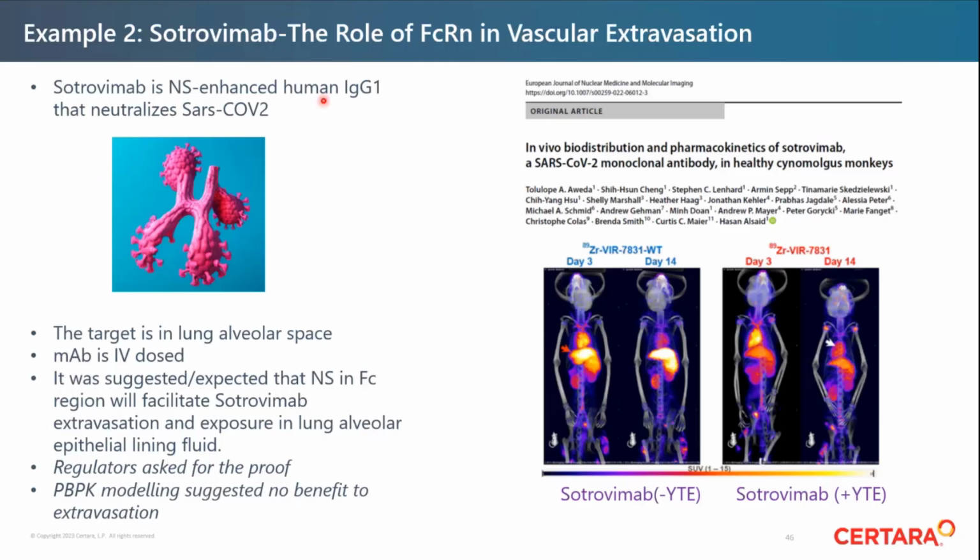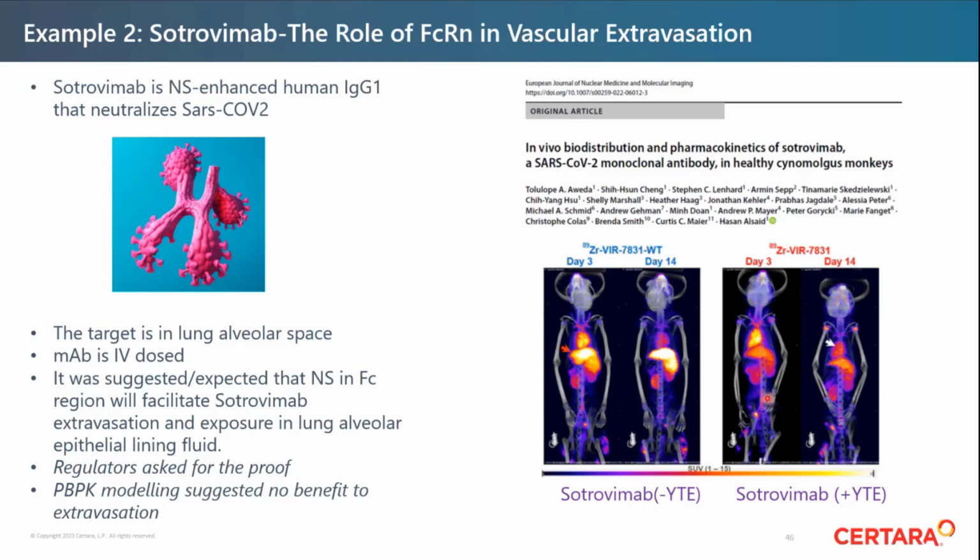So tixagevimab, that's the role of FcRn. There was huge expectation that FcRn somehow pumps antibody out from circulation into lung interstitium, where it will hit the COVID where it hurts. Except that the model didn't really predict it. The model predicted, yes, there will be more antibody in the end because it will be roughly in steady state, but there is not going to be any preferential transport in one direction.